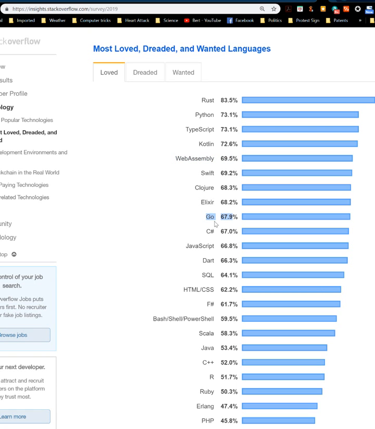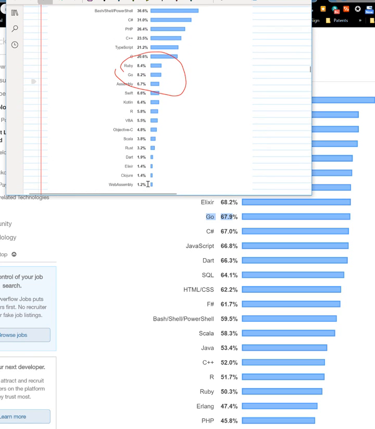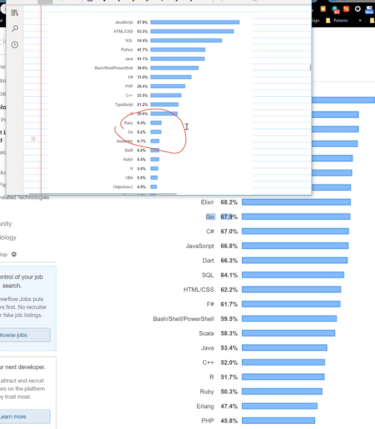Now Go, again, Go language is kind of intriguing because it's a concurrent language, and I talked a little bit about that in some of the other videos, but I hadn't looked into it much. I wrote a little Hello World program in it, and I've got it installed on this computer, but I haven't really messed with it because it's not really that popular. In fact, I don't even know if this is the best graph for this. I really just intended on making a video about that first graph that I showed you, but yeah, Go is not really that popular.